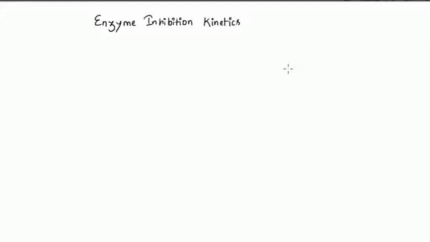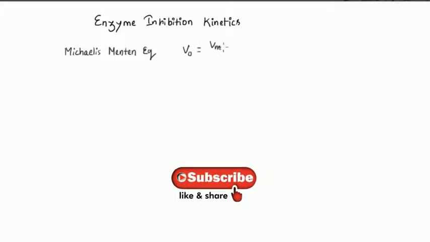In this video, we are going to address one of the most intriguing topics of biochemistry, that is enzyme inhibition kinetics. Now, before we move on to enzyme inhibition kinetics, we need to know something called the Michaelis Menten equation. Michaelis Menten equation, what it says is that the velocity of the reaction is equal to the maximum